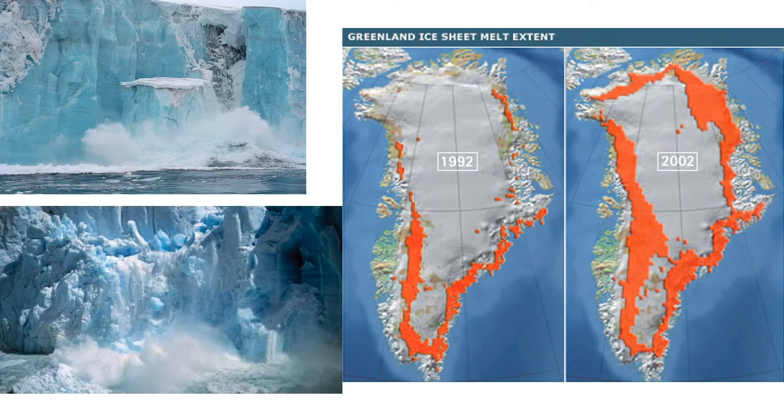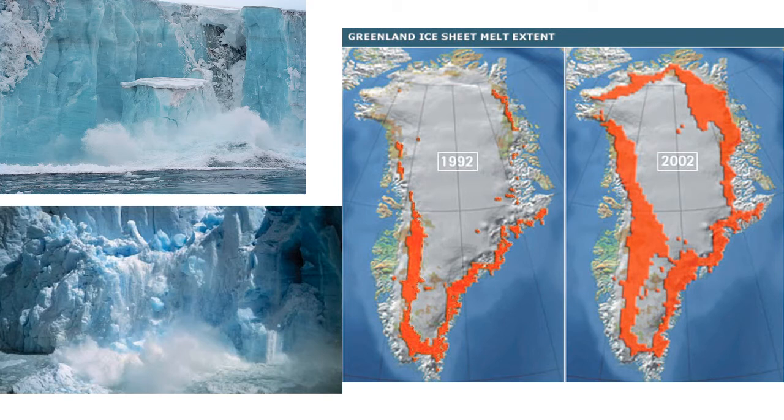Now, these warming temperatures of the sea have led to the decrease in Arctic ice, but it has also led to the melting of the ice sheet in Greenland. All right, so these pictures show you portions of the ice sheet that covers the continent of Greenland that have been coming off of that ice sheet and falling into the water.